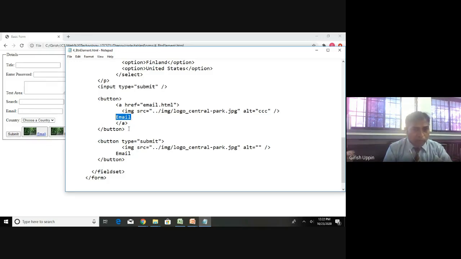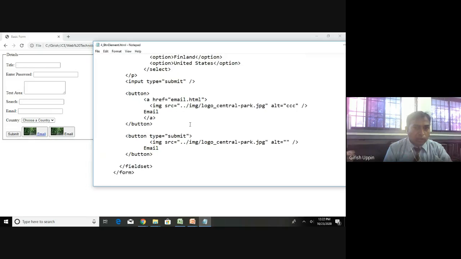And the next one is exactly similar to the first one. The only thing we have done is, here type equal to submit. This particular button will exactly work like the submit button, and there is an image HTML tag, source is given, and alt, the alternate name when the image is not loaded, and the text is exactly the same, email.